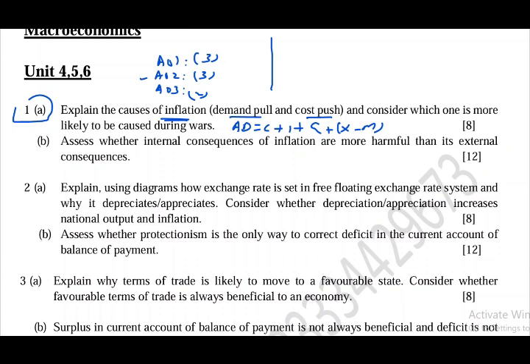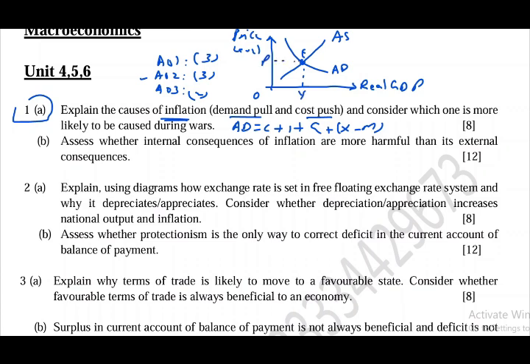In the analysis part, you have to make the diagram of demand pull inflation. For example, this is aggregate demand. On X we have real GDP. Keep in mind we have to write real GDP on X instead of quantity. Now it's a macroeconomic issue. And on Y we have to write down price level. Instead of price we have to write price level. And this is aggregate supply. Aggregate demand and supply meet each other at point E, where real GDP is Y and price level is P.